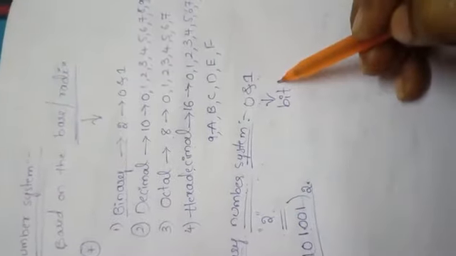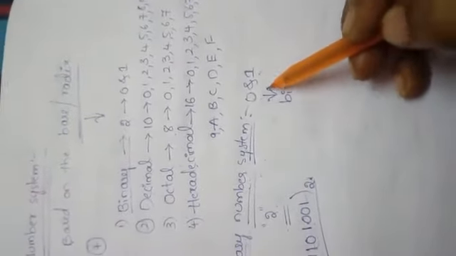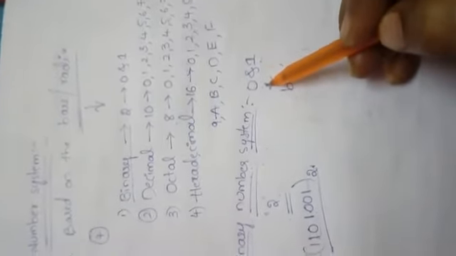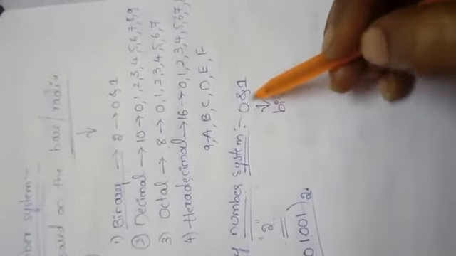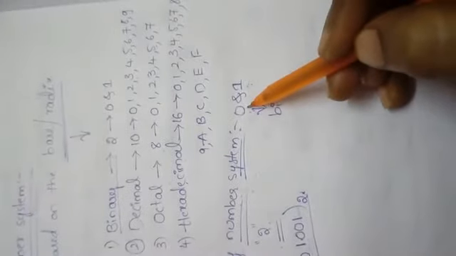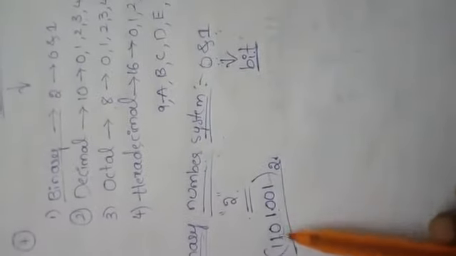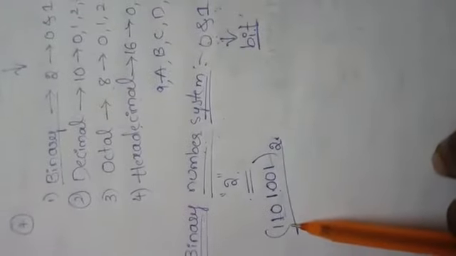Here we are using totally 2 digits, 0 and 1, right? Each digit we refer to as a bit. Remember the point: every digit we call a bit. For example, I am taking one binary number as an example. That number we call a binary number. So check whether it is a binary number or not.